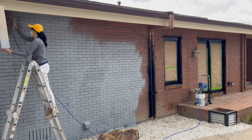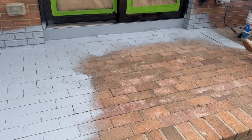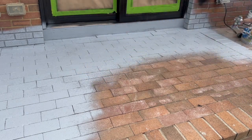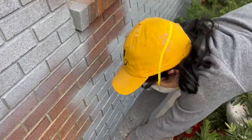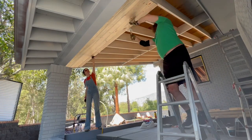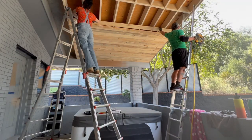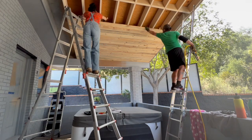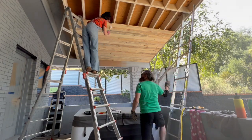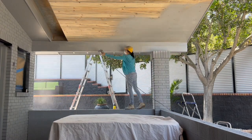It's a phenomenal primer sealer, especially for masonry, that not only seals the pores of the brick, but also creates the best possible surface for the eventual step of color. But before I could start applying paint, I had to grab an extra pair of hands, my handsome hubby, to help me install additional ceiling plank boards that match the ceiling planks already located in the overhang area. And then once all those new ceiling planks were nailed in place, you guessed it, I primed them as well